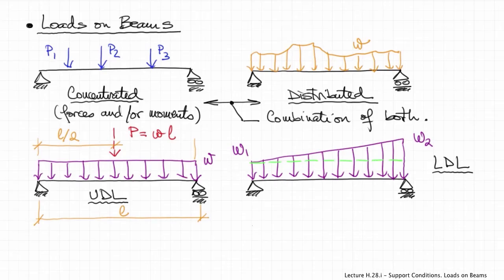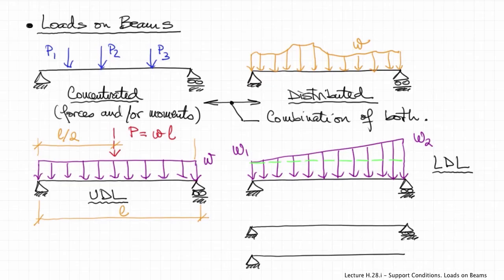So how do we deal with this type of load? Well, it's a little challenging because we don't know off the top of our head the area of a trapezoid, and especially the centroid. So the easiest method to deal with that is to divide this trapezoid into a rectangular area, a uniformly distributed load, like this one, and a triangular linearly distributed load,